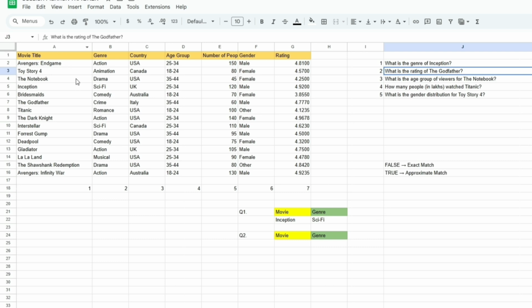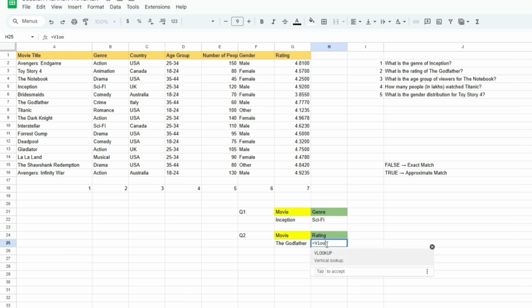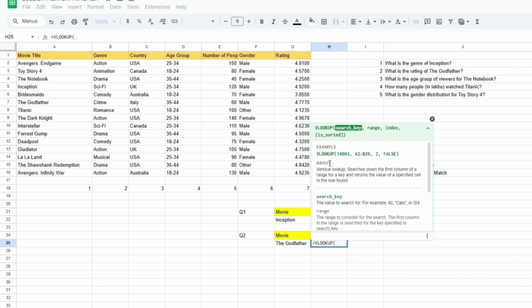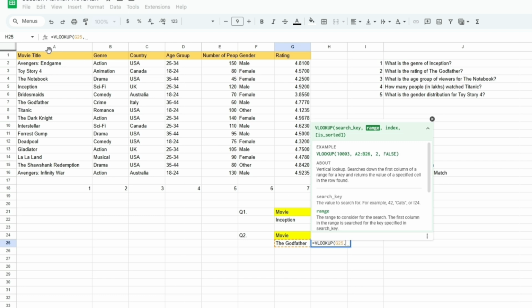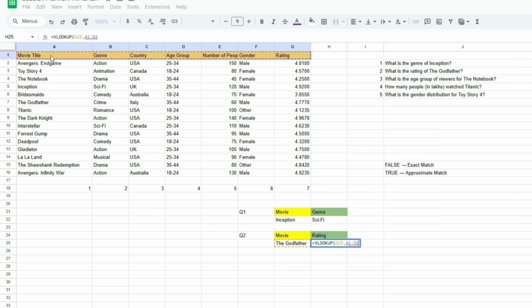This time we need to find the rating of the movie. So in the search key cell, write The Godfather, and then to find the rating we use a VLOOKUP function as equals to VLOOKUP, and for search key we will click on the cell where we have written The Godfather, and then comma, then we will again select the table array from A to G, the overall data, and then